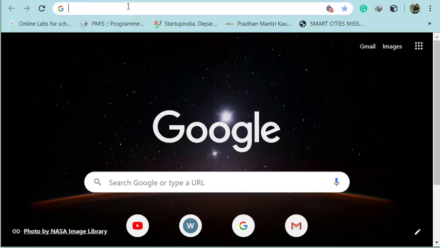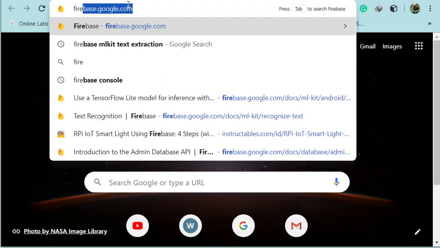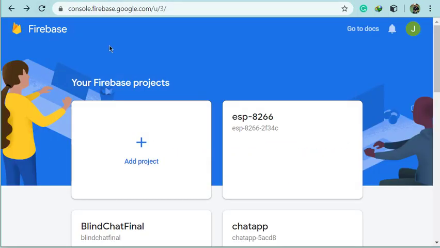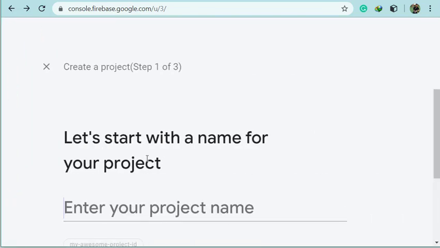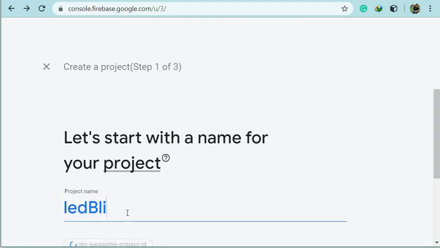Just go to the Firebase console in your browser, and you will find this page. Here you have to choose add project. When you choose add project, you have to enter your project name. So I am entering LED blinking.